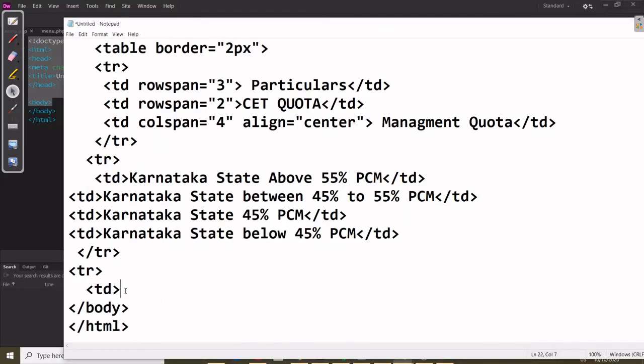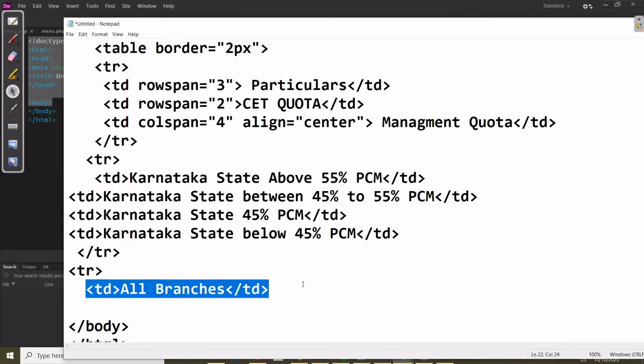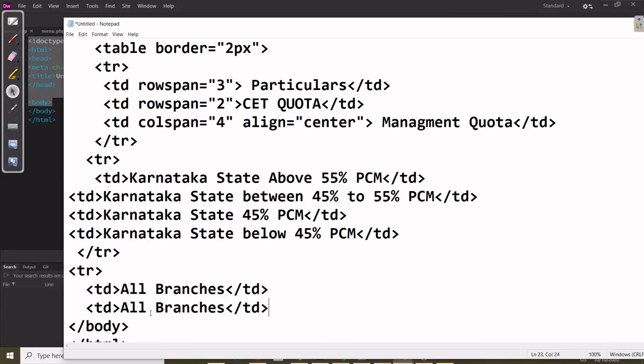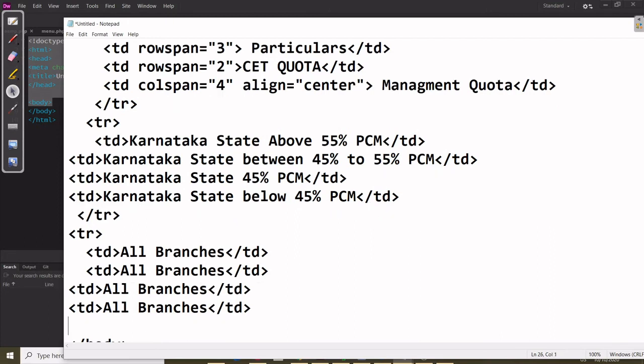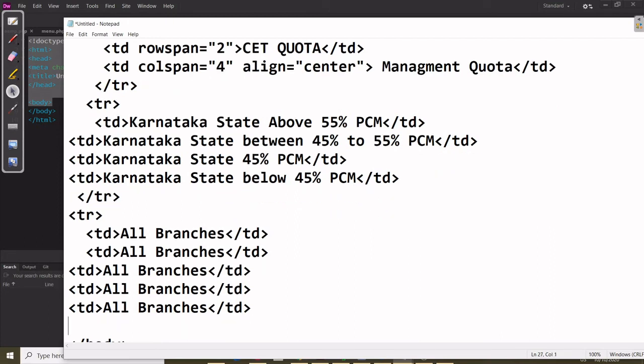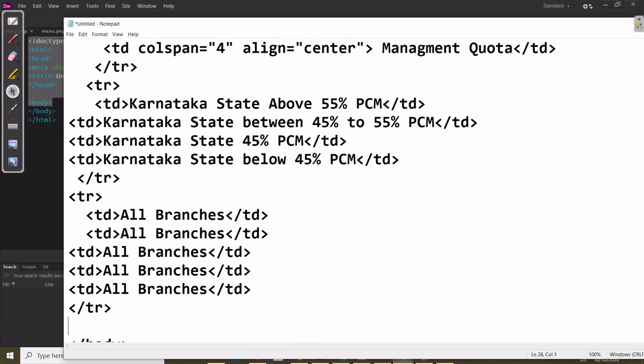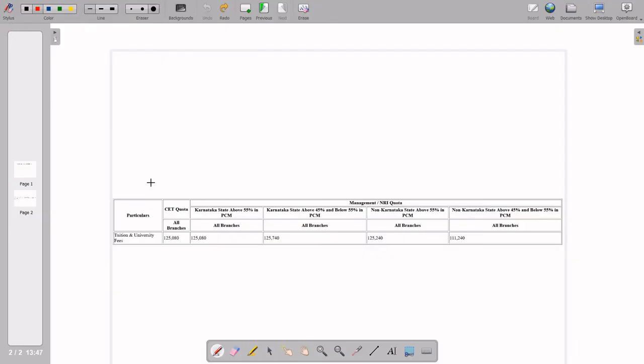So we can write here all branches, close the TD, okay, and the same thing 5 times, so we can copy paste 2, 3, 4 and 5, got it, and close the TR here, done. So third row is also over. 1, 2, 3, 4, 5 done.